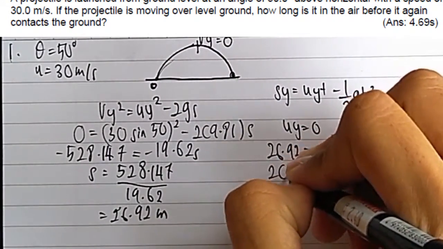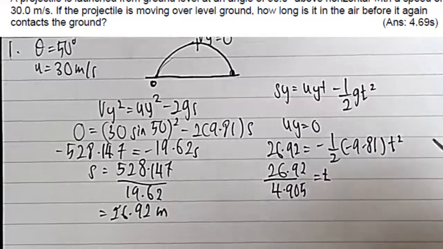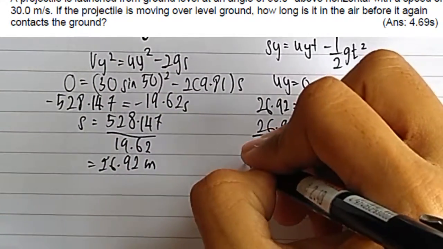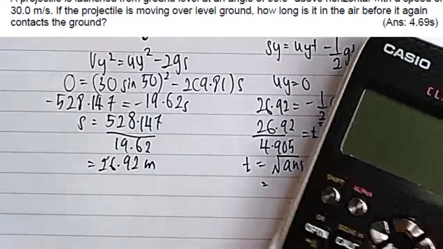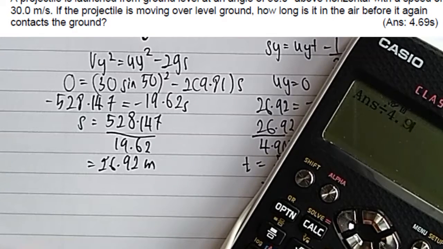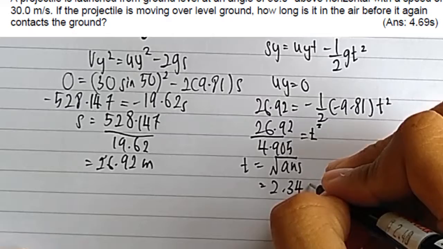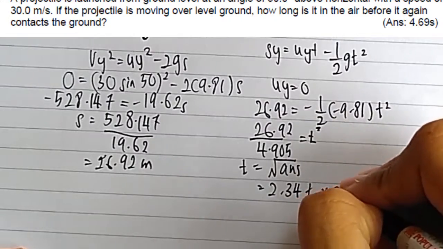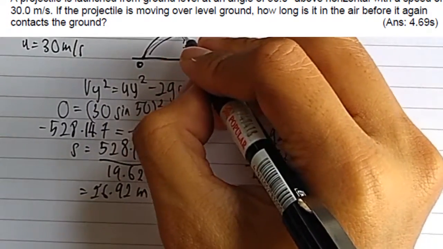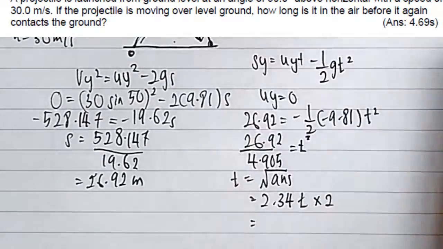So we move to the left hand side, 26.92 divided by 4.905 equals to t squared. Then t equals to the square root of the answer, which is 26.92 divided by 4.905, square root of the answer, equals to 2.34. But remember that this is the time taken for half of the motion, which is here. So we need to multiply by 2 to get all the time taken to fall back to the ground. So 2.34 times 2 we get 4.68